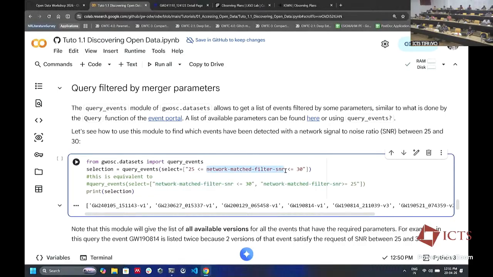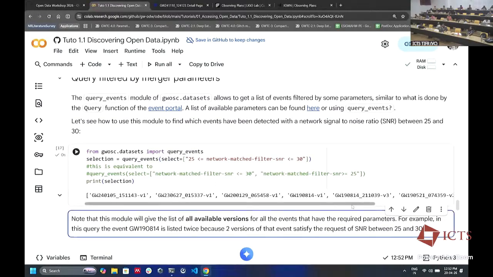So here you can see that the signal to noise is large. And so you can actually see this gravitational wave over the noise. However, if the noise was fluctuating at this scale, then the signal to noise ratio would be low and you won't be able to find it. So louder signals would be large SNR and you could look for them. Just specifically, I want only the list of loud signals. So you could use this query events with a selection cut based on that thing you want. So that is some list.